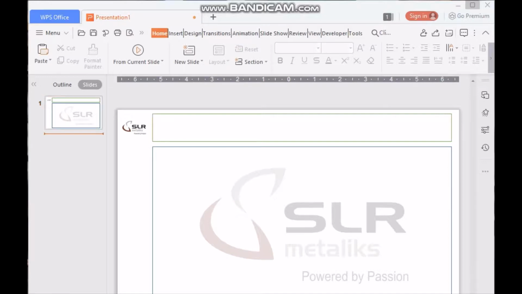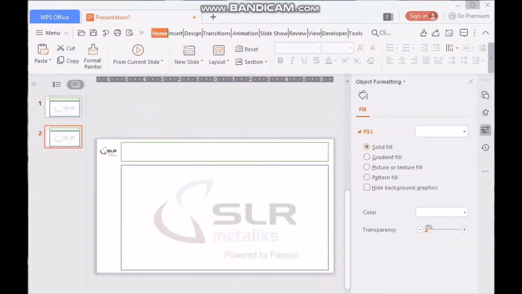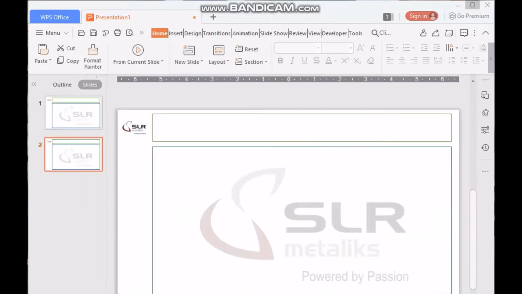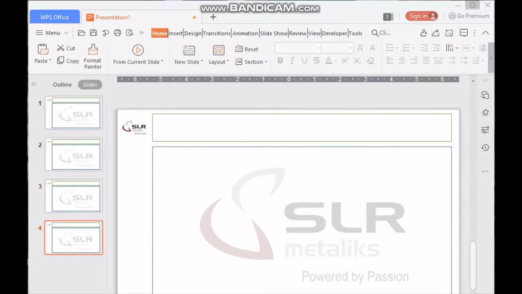Now I'll go for Insert New Slide. When I click on that, it will give another slide, and in that slide also the same design and graphic information you gave in the slide master's first slide. The same thing will be followed by the second slide also. When you go to the third, fourth, like that, there is no change because that will be present on the slide. Here you can type whatever information you need regarding your presentation.